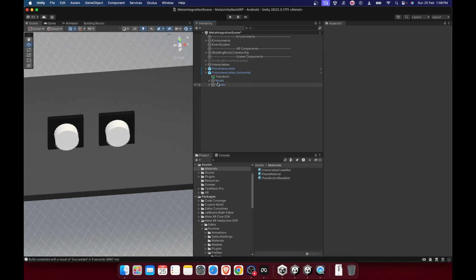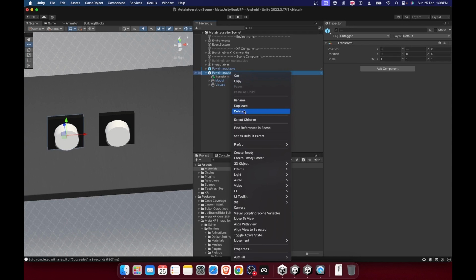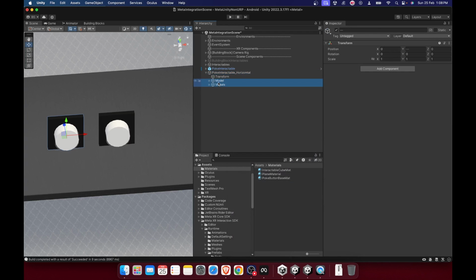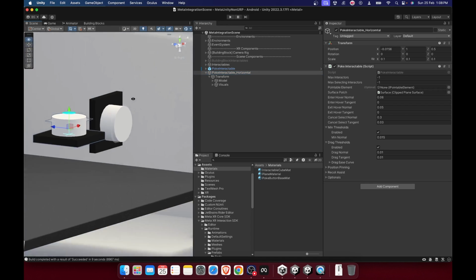For example, let me just drag and drop it. In this case it won't allow me because it's the hierarchy inside the prefab. You can unpack it, or you can create a different prefab variant out of the Poke Interactable template, but for now that works. And you apply the rotation or any modification to the child transform of the interactable and not